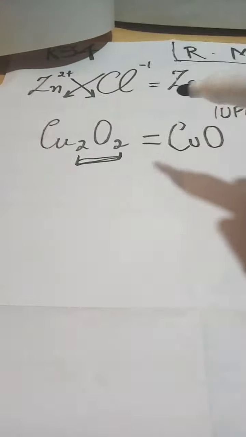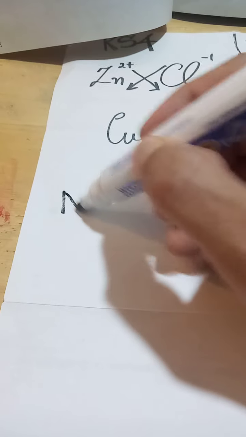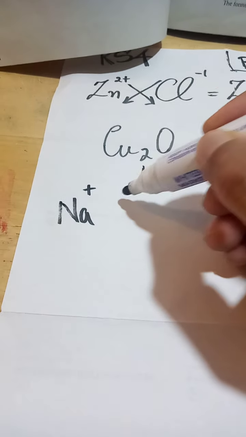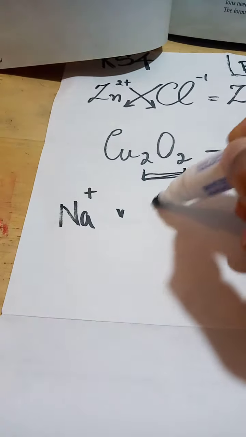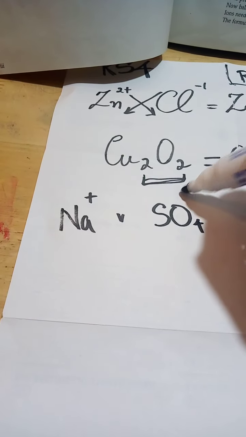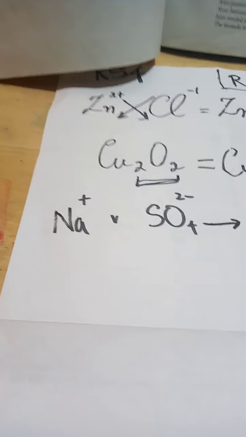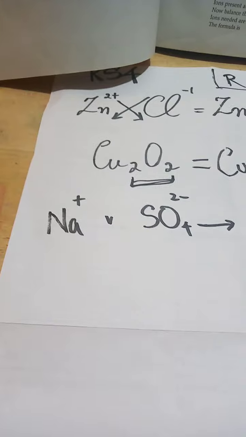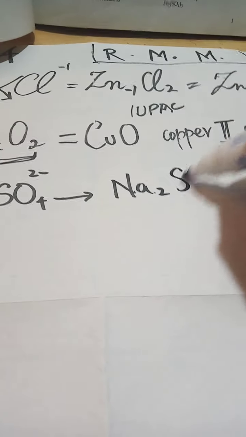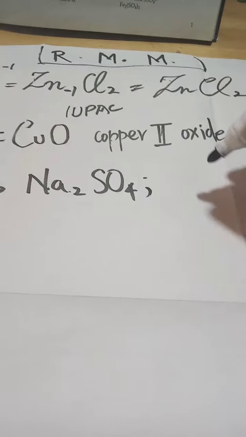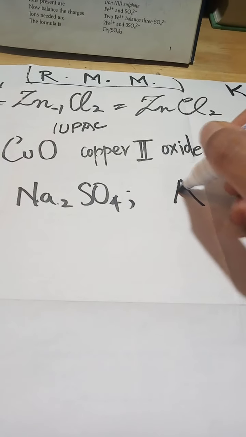If we had sodium and sulfate, that would be Na2SO4 because of cross multiplication. And we've got it here. Now if we take aluminium sulfate, slightly more complex,